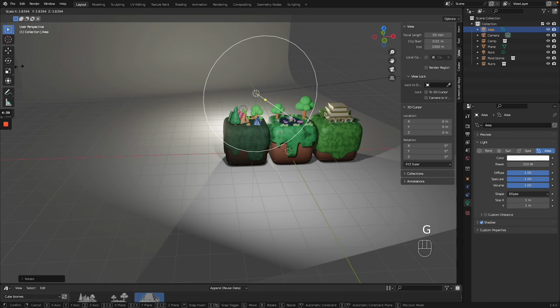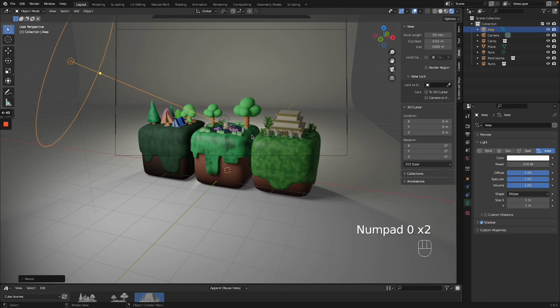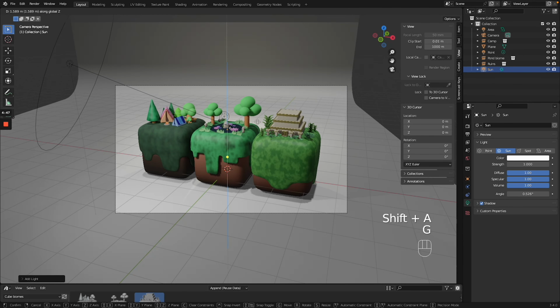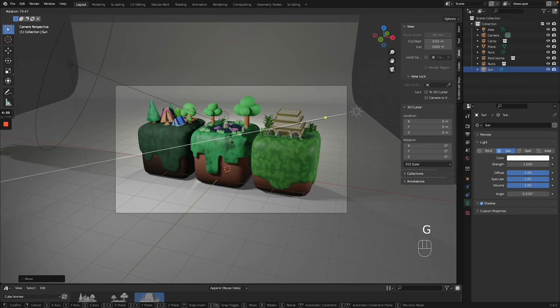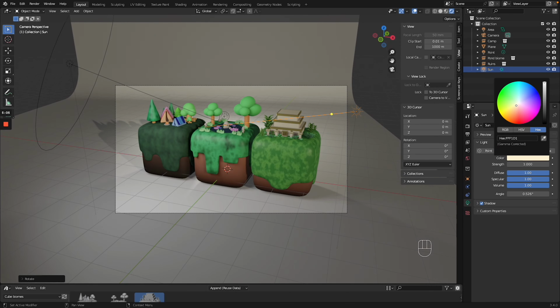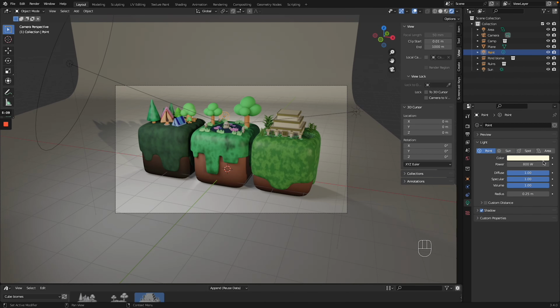And I might just scale it just a little bit. And then I'm going to add in a little sun, so Light, Sun. I'm going to pull it up along the Y, just along the X. We're going to have it just off camera there, and I want to rotate it to about there. I'm going to change the color, about this color, and I'll change the background color as well, make it a little bit warmer, just like that. I'm going to just change the camera,